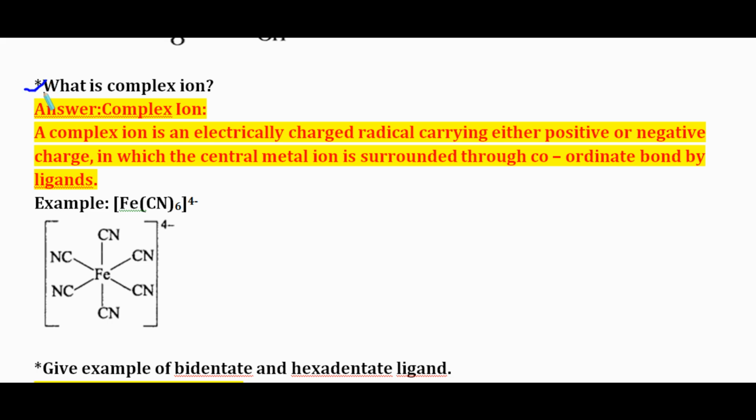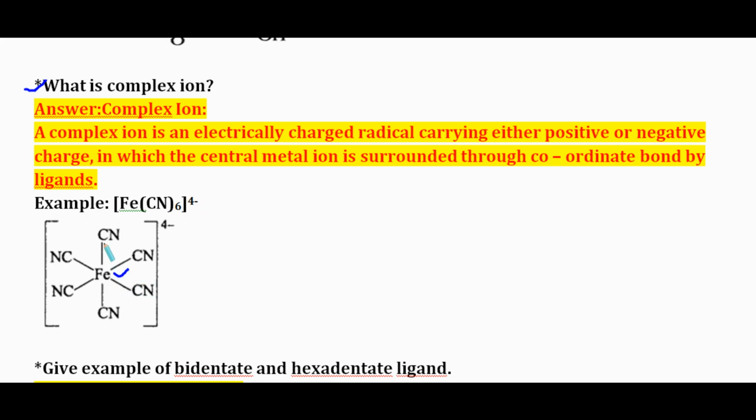Now next question is what is complex ion? A complex ion is an electrically charged radical carrying either positive or negative charge in which the central metal ion is surrounded through coordinate bond by ligands. तो ये टोटल लिगेंड के ऊपर जो भी चार्ज होता है वो कॉम्प्लेक्स आयन कहलाता है।